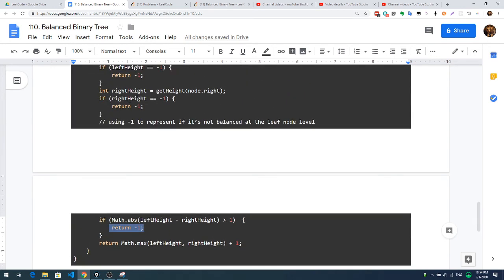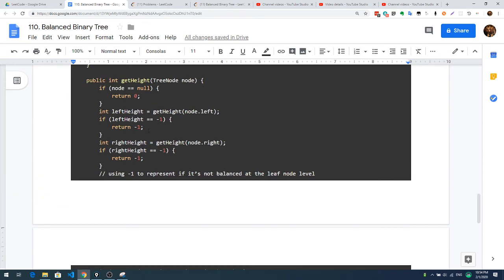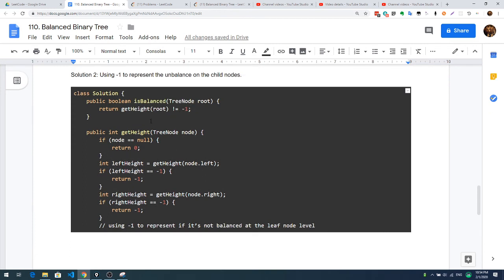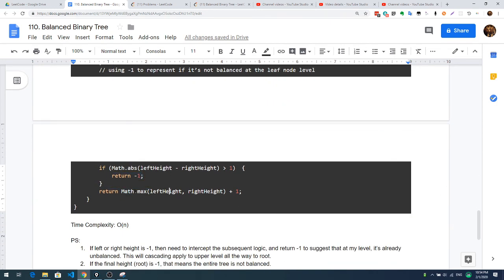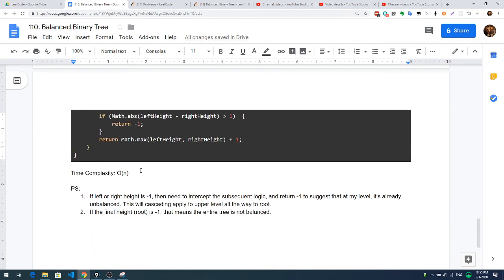It will check, if the left is already -1, it will return all the way to the upper level, and then all the way to the root. Then you can skip the other side of the check. And if the left and the right are still within 1, you get the max of the left and the right plus 1, which returns the actual height. In this case, the time complexity is O(n),